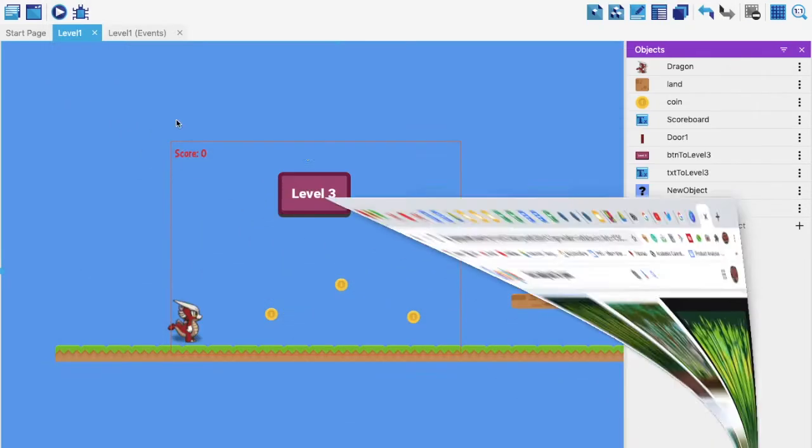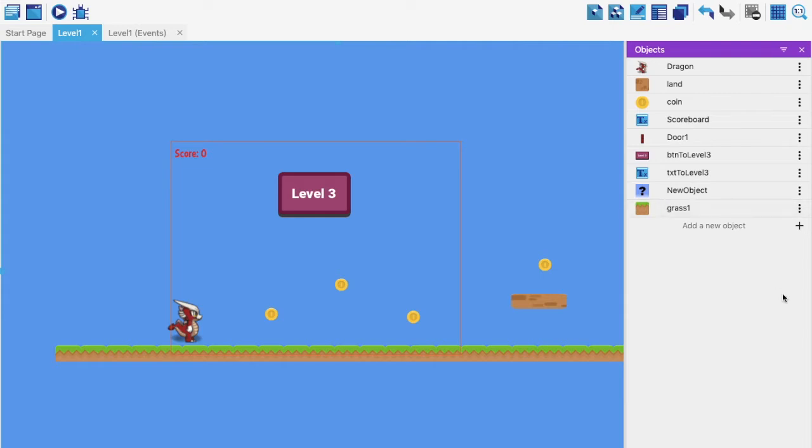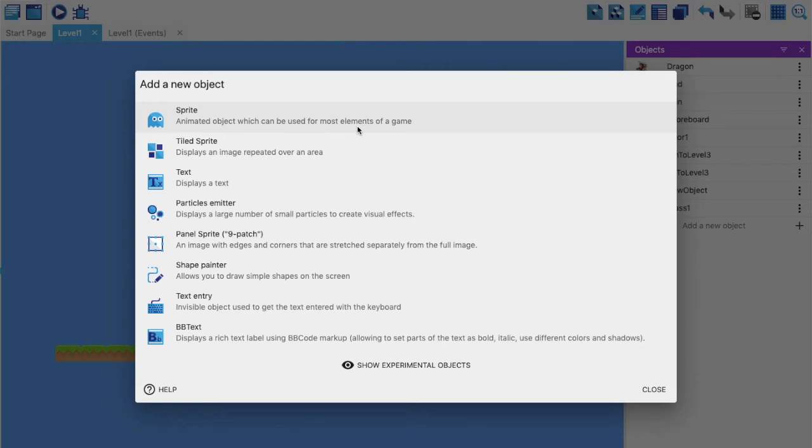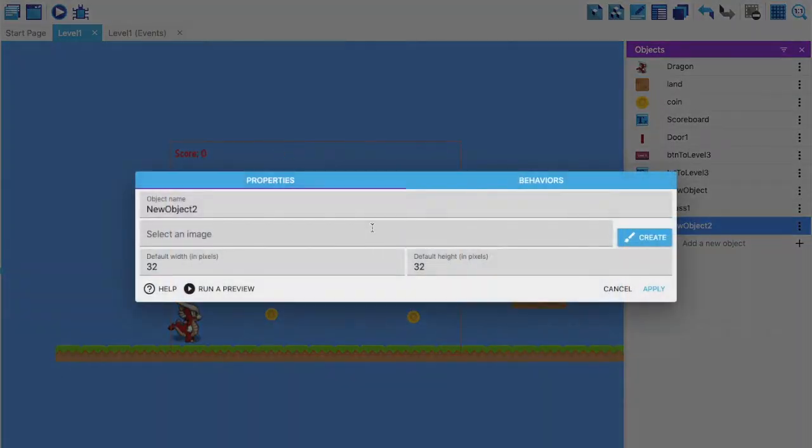Now let's go back to GDevelop, and like any other object, I'm going to click on the plus sign. Since it's the background, it can repeat itself after a certain time, so I will make it a tiled sprite and not a regular sprite.